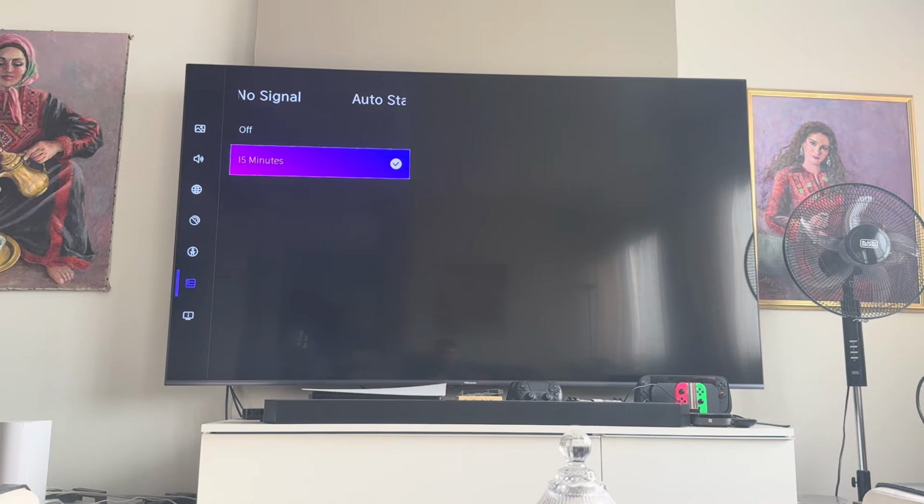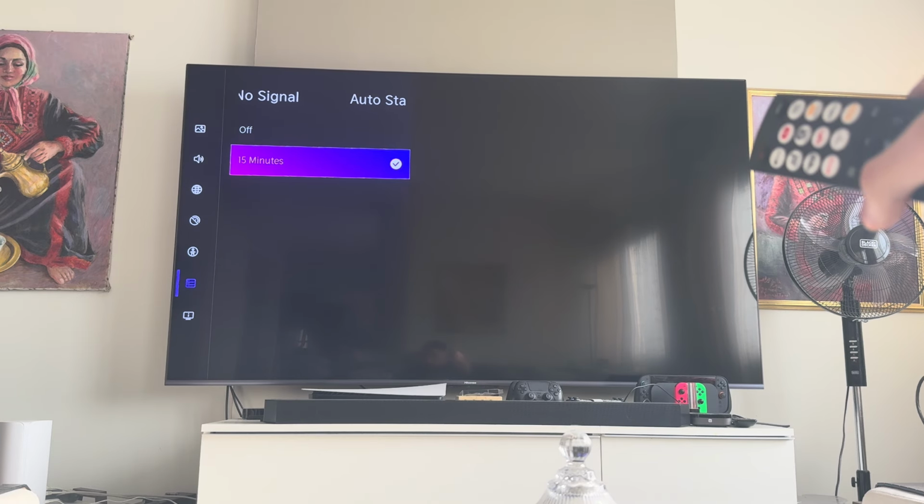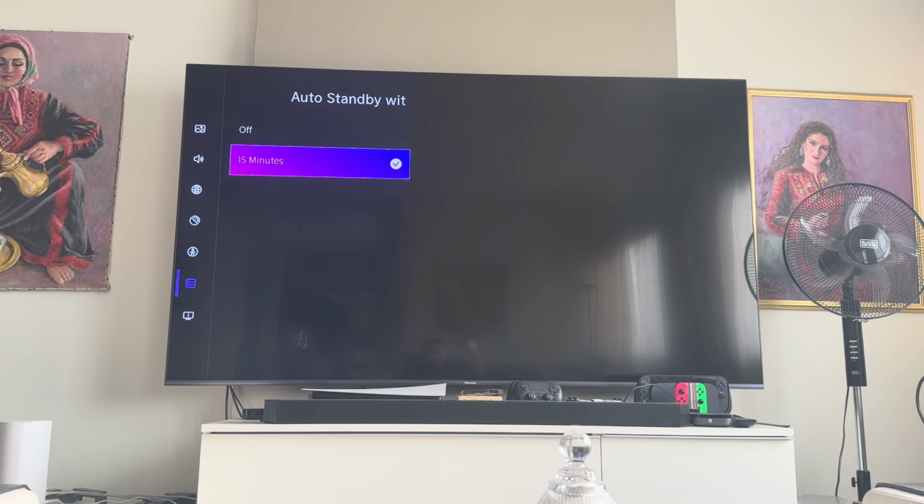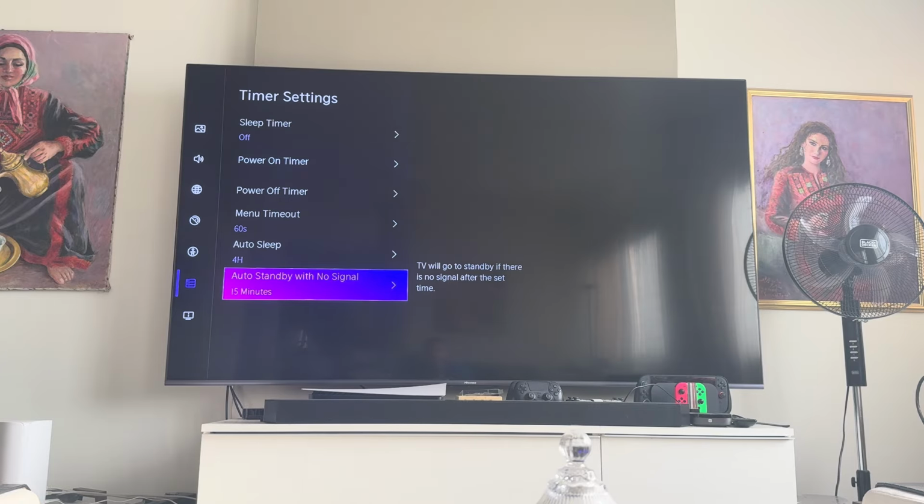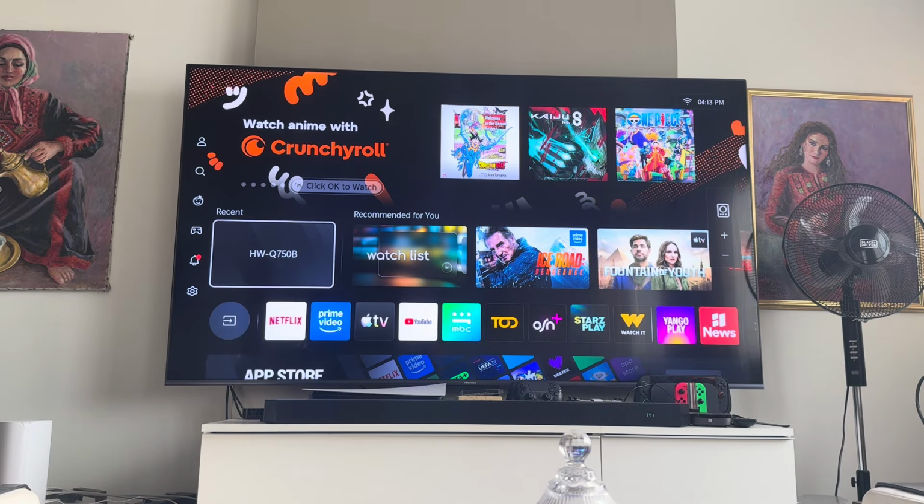so that when, for example, you decide, hey, I'm going to turn off my Nintendo Switch, the Nintendo Switch decides, I'm not going to turn off the TV. And I believe so does the PlayStation. I'm not too sure, but I know that the Nintendo Switch doesn't. Okay? So in that case, if I leave it on standby, it will go for 15 minutes and it won't switch to Vida Art. And it will turn off without opening Vida Art,